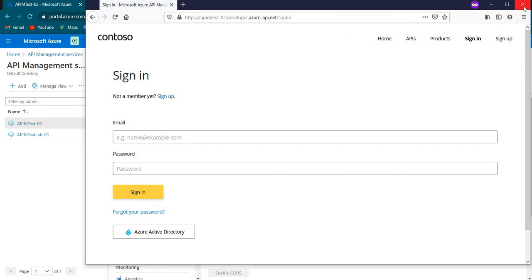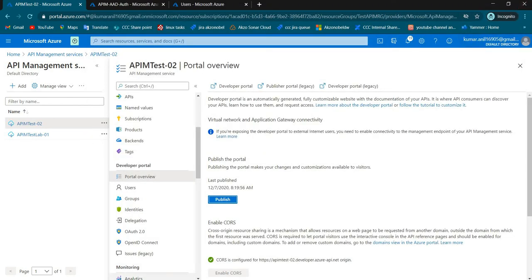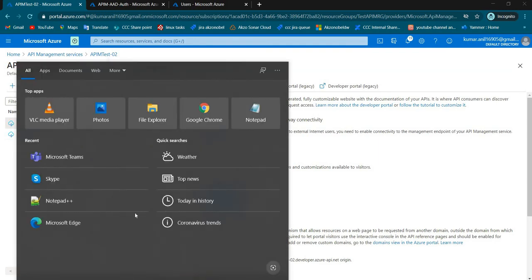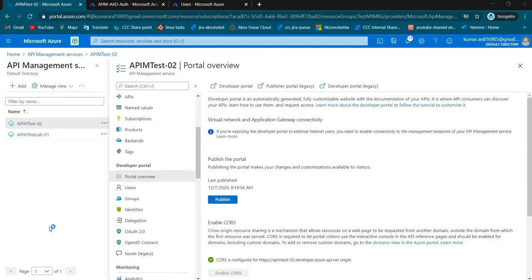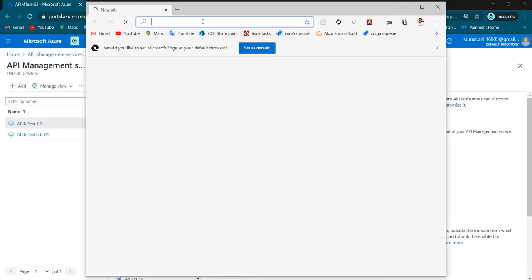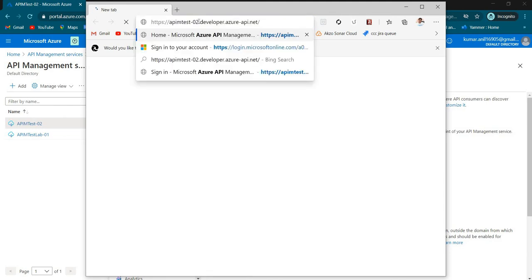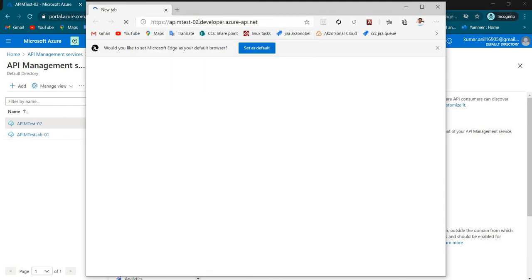Okay, I think it is taking from cache information. Let me open a different browser. Or else you can give it a try after some time. But if you want to see instantly, then you have to try in a different browser.